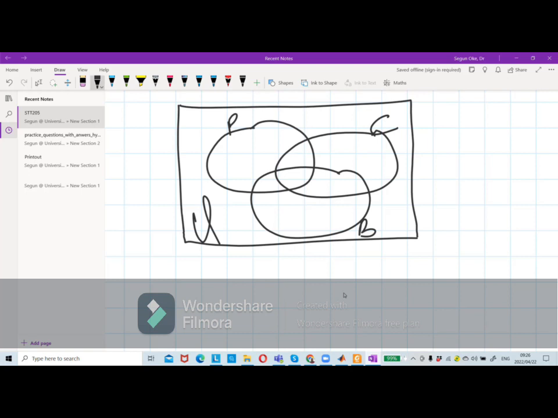So we don't know the number of people that offer the three, which is the intersection. Since we don't know those people that offer the three, we call them X. How many students offer both? Because according to them,